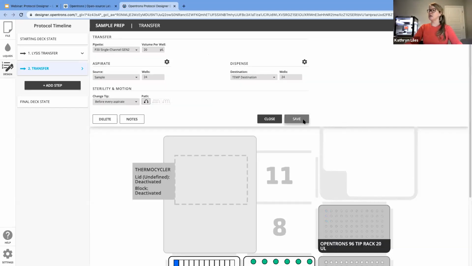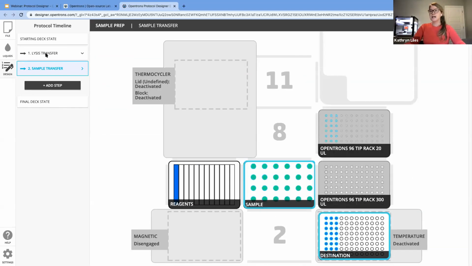Click save my command. And instead of a list of just transfers, I have very nice language around my commands so that anybody who looks at this protocol would know exactly what's happening at each step. The last little bit of information that I want to give you around the protocol designer is back in the